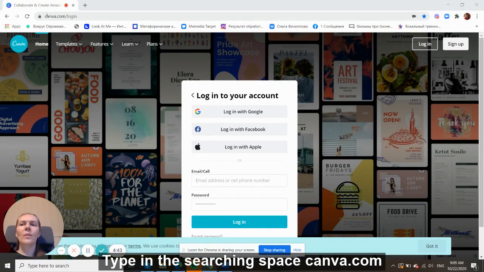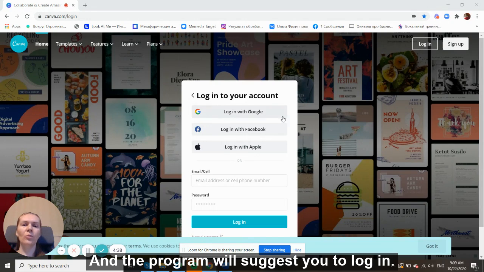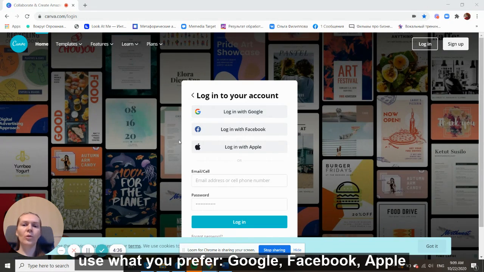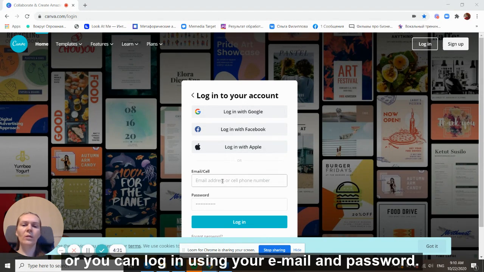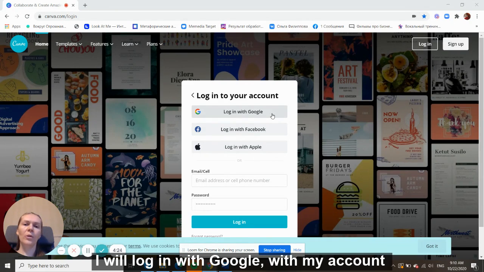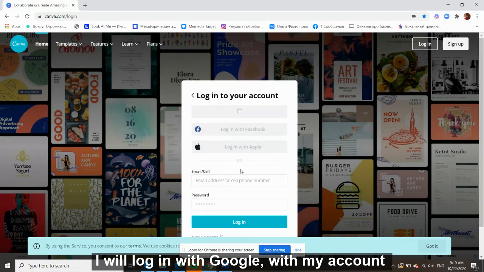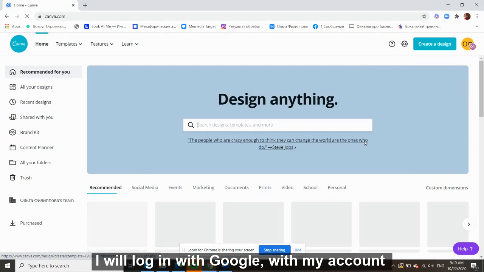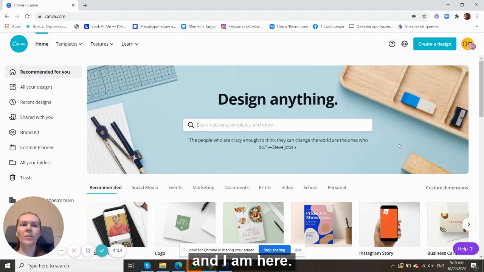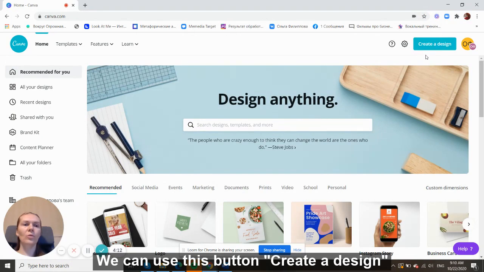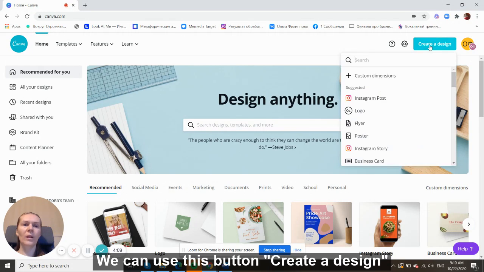Type in the searching space canva.com and the program will suggest you to log in. Use what you prefer, Google, Facebook, Apple, or you can log in using your email and password. I will log in with Google with my account and I'm here. We can use this button, create a design,